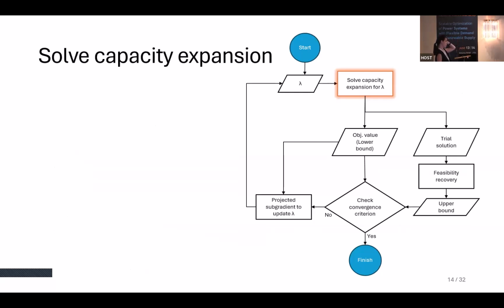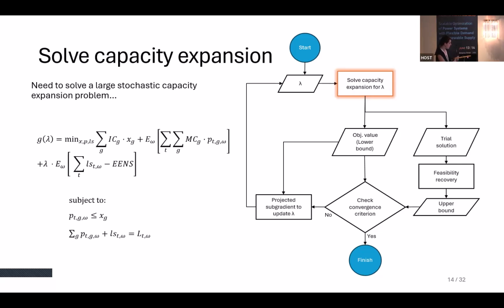So moving now to the most computationally intensive part of the process, actually solving the capacity expansion for lambda. Daniel presented his work, which in the end had two contributions. It had the second stage relaxation, on which he focused a lot in his presentation. He was also utilizing the subgradient method, and he introduced a way to use it to tackle this. I'm actually using the subgradient method for this, and it is within the scope of continuing this work to also implement the second stage relaxation that Daniel has proposed. So I'm going to be tackling this using the subgradient method, and you're going to see how this works.